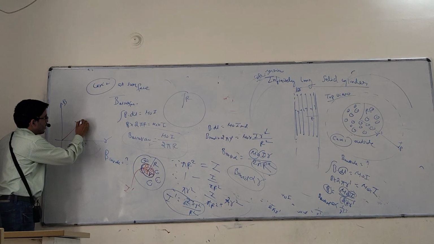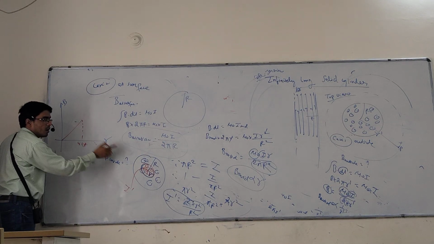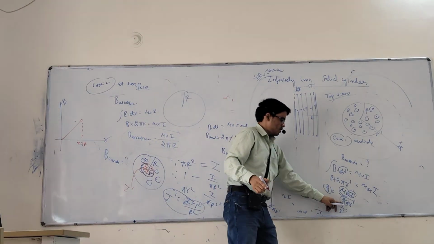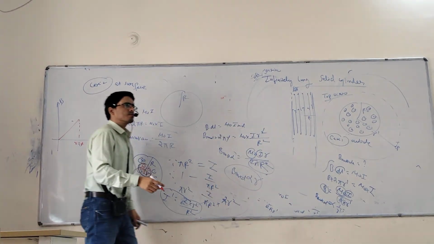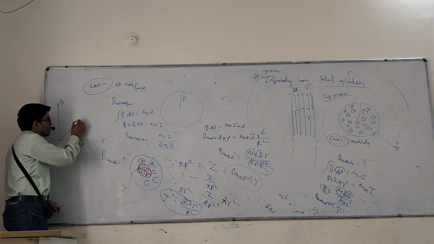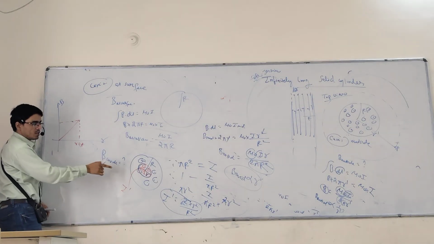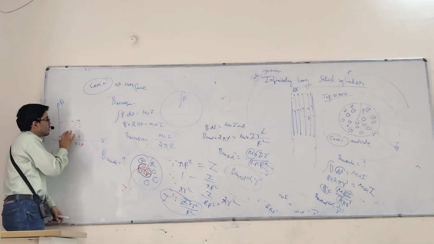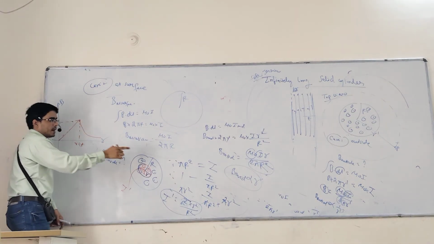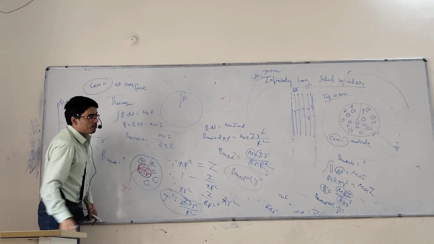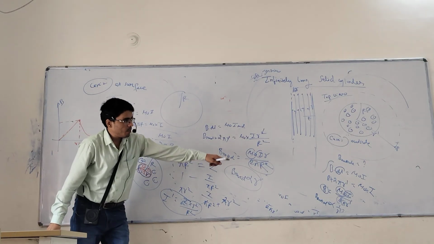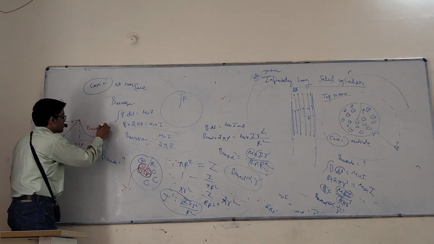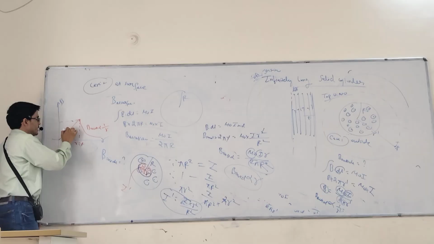Here, after r equals R, outside, then it is constant? Where, sir? No, once r equals R is completed here, this value is decreasing. First increasing, then decreasing, and that is outside. Hyperbola, yes, 1 by r, 1 by x. So that is B outside, inversely proportional to r, and that is B inside.